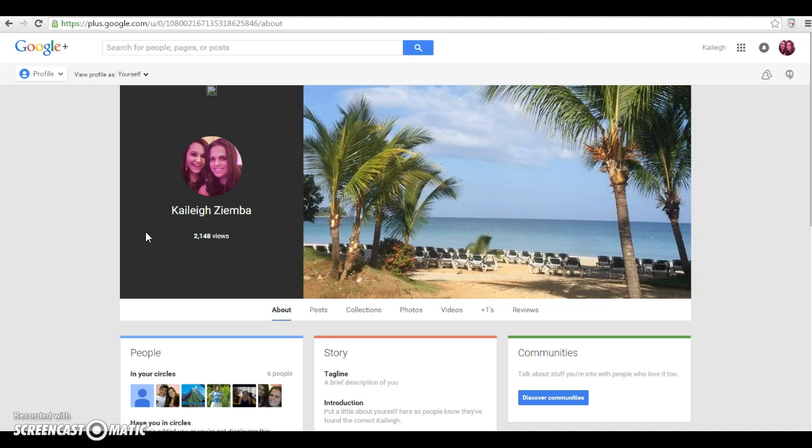It's very scary that you can put where you are on here. I think that's a very major concern if I were to use this in the classroom. From what I can tell, you can only talk to people that add you and you accept them, and then you can contact them through messaging and video chat through Google Hangout.